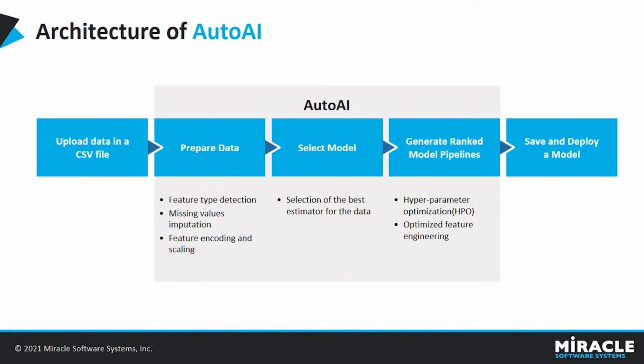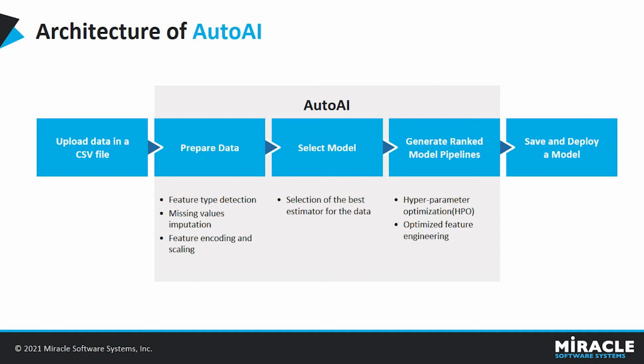The basic step for any machine learning model is the dataset. The dataset for this tool, as mentioned, should be of tabular format, that is .csv format. After the dataset is properly loaded, we must select the target column. In other words, we must select the column that we want our model to predict according to the problem statement. Once this is done, we'll start running our Auto AI experiment.